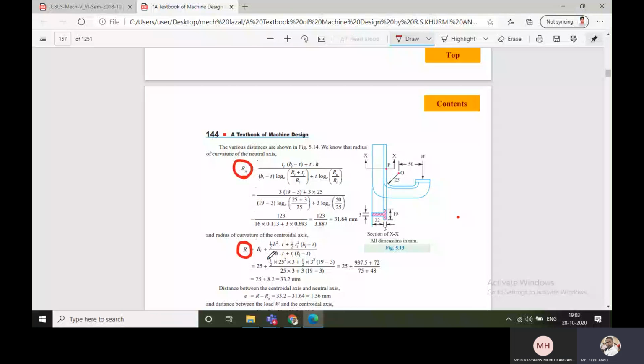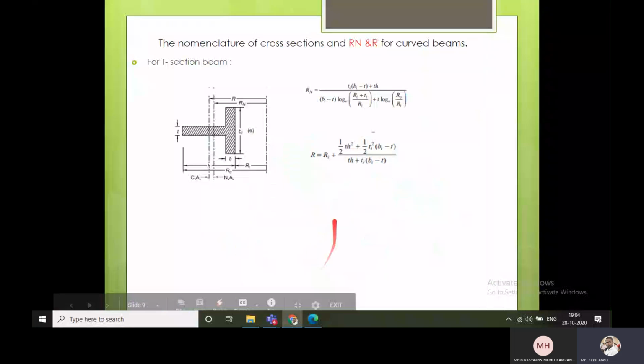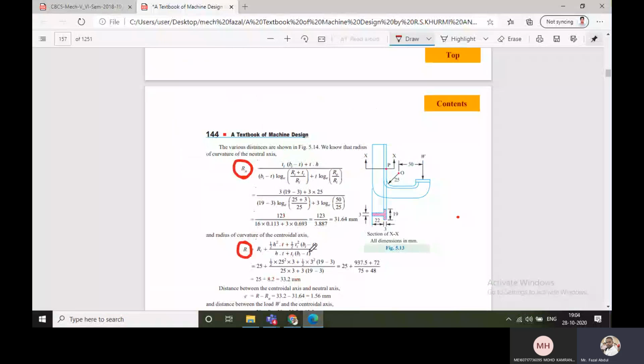R value also he calculated. So see the R value: Ri plus 1 by 2 H square into T. Just I want to show that one. Ri plus 1 by 2 into T into H plus 1 by 2 Ti square into Bi minus T. Based on these two relations, he calculated the answer. Rn value he got as 31.64 and R value he got as 33.2. After calculating, what he did,